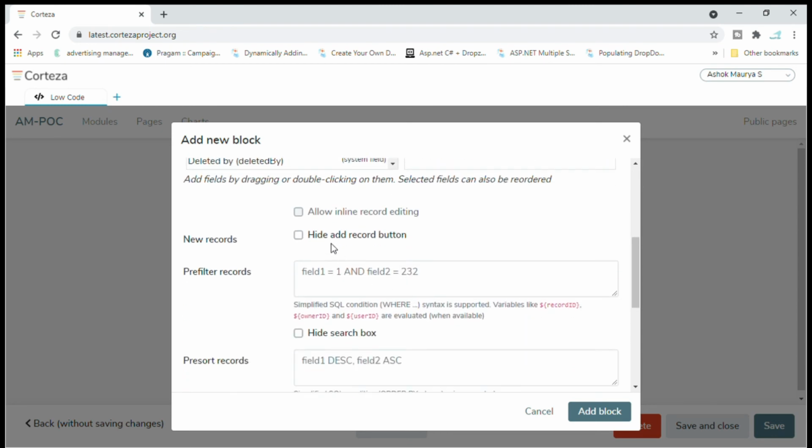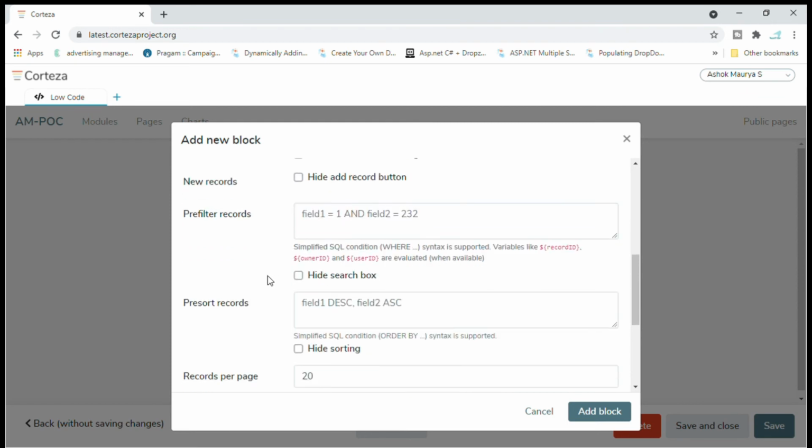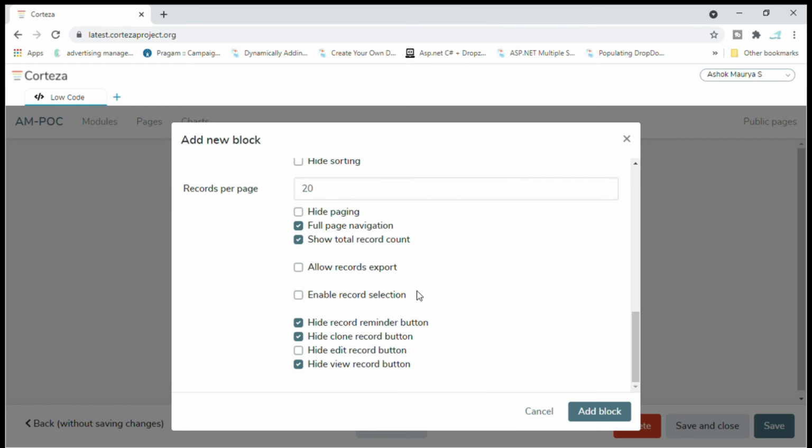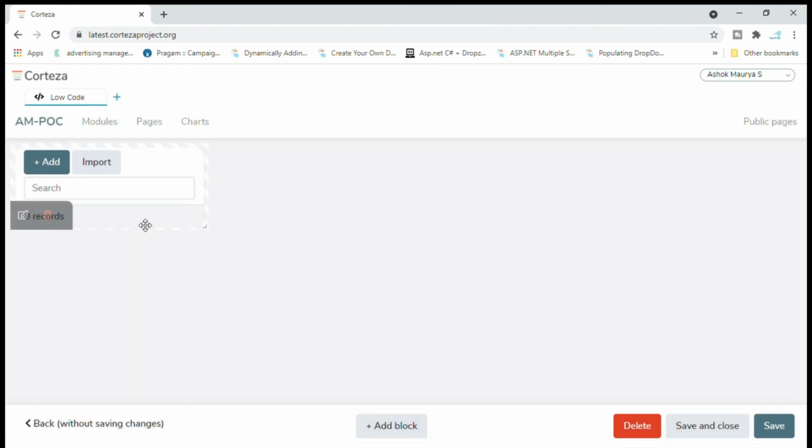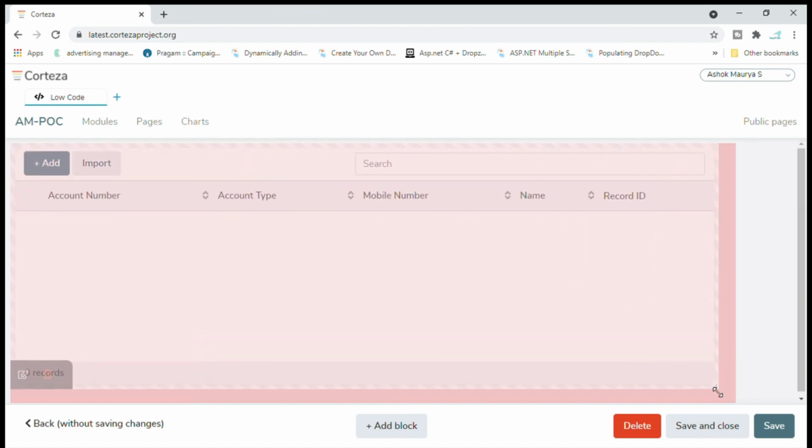After doing all these things, I have the option to add a new record. Then again we have other fields which are used for grid view, properties, perspective, and other information, like if we want to show paging, navigation and everything. It is given here in this single click. So now you can see that the complete design came onto the page, and we can see the search option and the add option, everything is there.